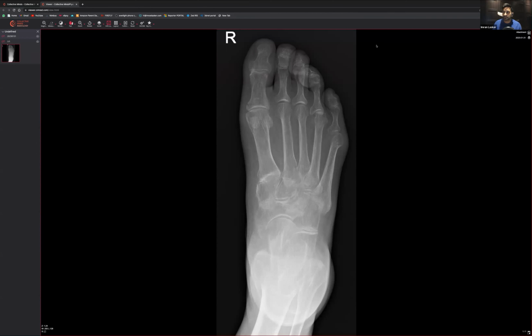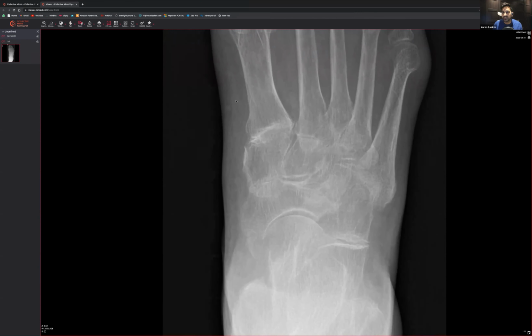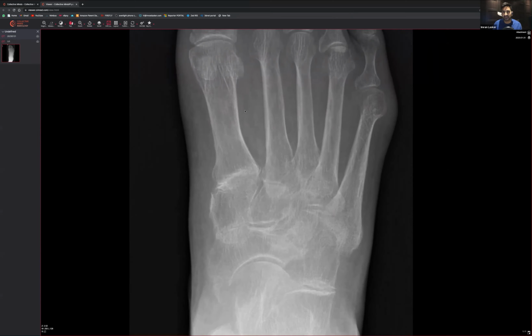Right, let's have a look at this one. Let's zoom in. Generally speaking, on this one, I feel like the bones are a bit osteopenic. That's one thing to take into consideration. Also, you can see there's a lot of sclerosis within these areas. It looks very regular. So I think there's probably a bit of tarsometatarsal osteoarthritis, and a bit of osteoarthritis over here, the calcaneocuboid articulation. So probably looking at someone a little bit older.